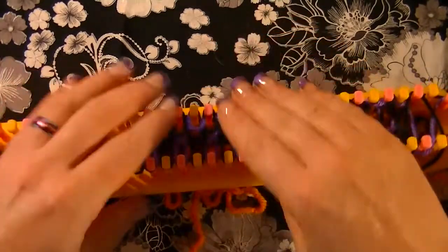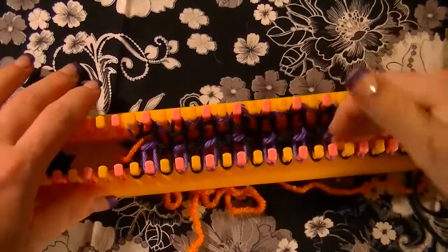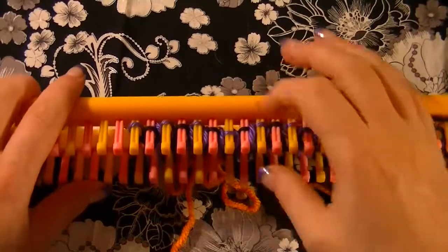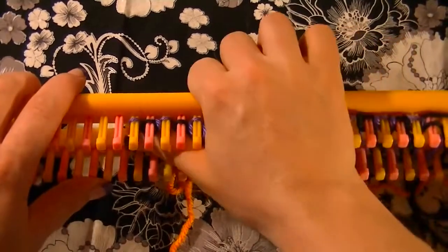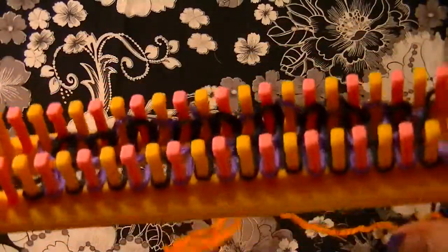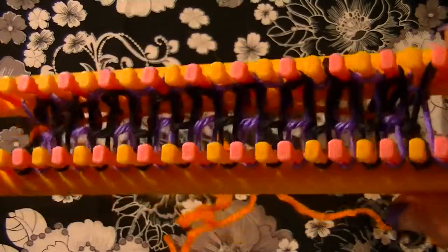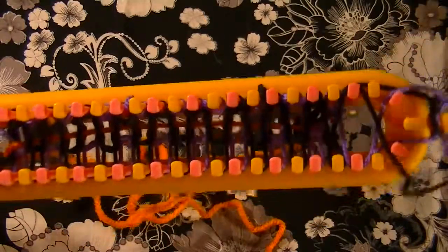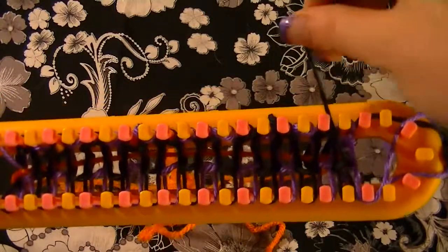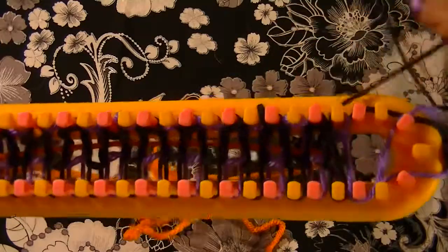Okay, now your first couple rows, the loops are going to be a lot looser at this point. But you just make sure all those loops are over the peg so that each peg only has one string going over it. So right now your cast on isn't going to look like much. It's going to be very loopy, but you're just going to keep going on from here, and you're just going to keep wrapping the black ones with the black ones and the purple ones with the purple ones